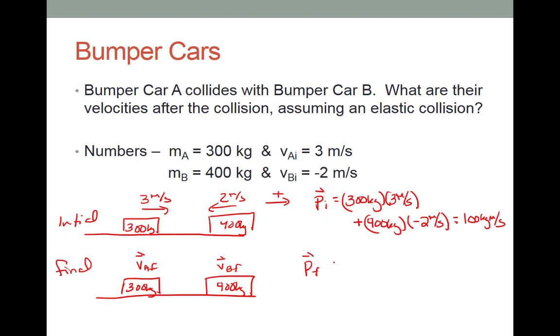And our final momentum will be 300 kilograms VA final plus 400 kilograms VB final. Okay, I can now use conservation of momentum. P initial has to equal P final. So 100 kilogram meters per second